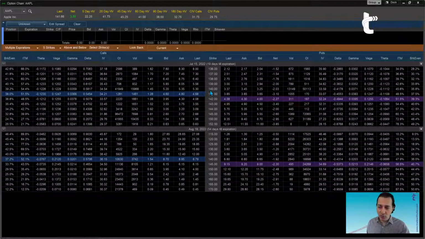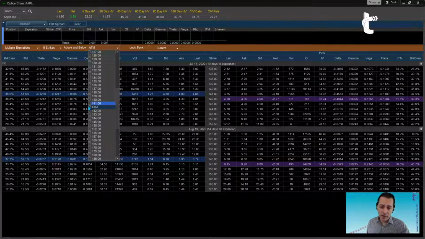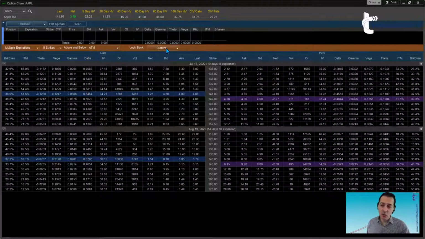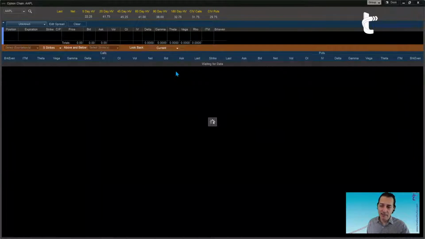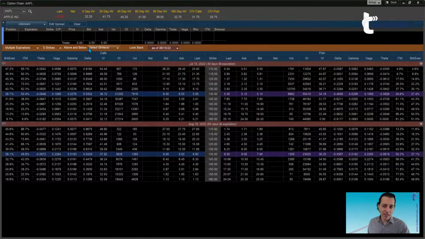But even though the price points are different, we are still dealing with 5 strikes above and 5 strikes below the at the money strike. Why? Because that was my selection, with that particular current date or that particular past date. So that will remain.